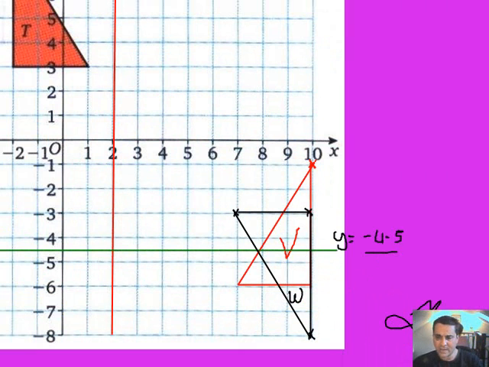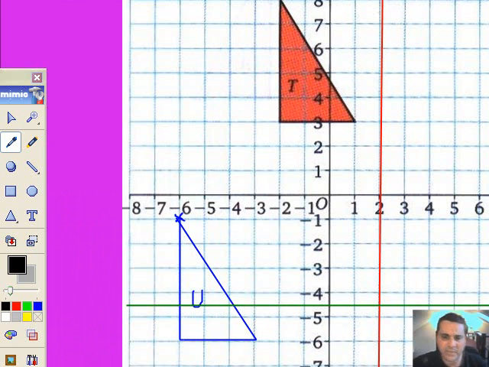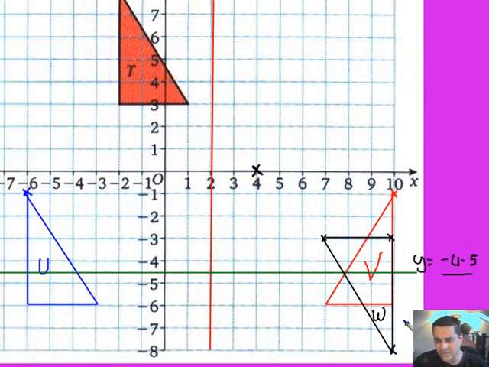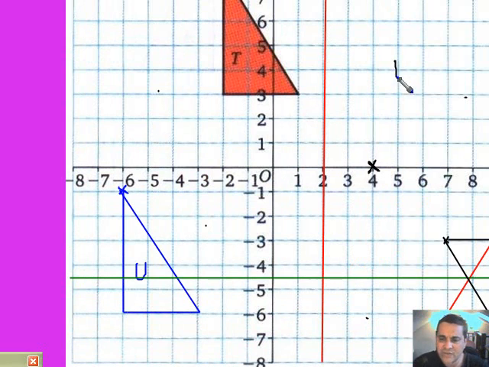Alright, now have a little pause for reflection again. This is going to get rather tricky. Having played with bits of paper and tracing paper and what have you, I think I'm going to go for a point there as a centre of rotation. If you can imagine this whizzing round here and landing upside down on the other side in the 4th quadrant, quadrant 1, 2, 3, 4, then we have a 180 degree